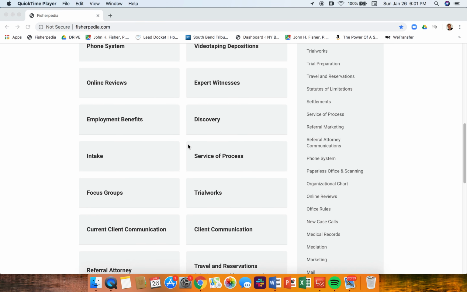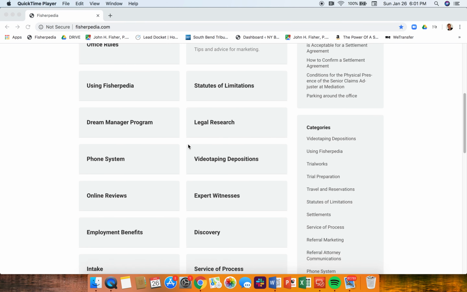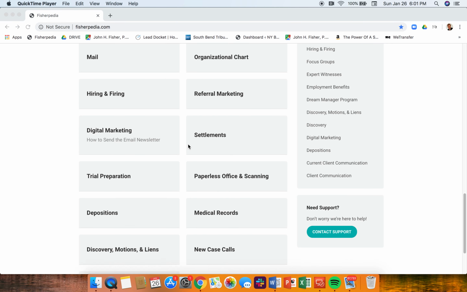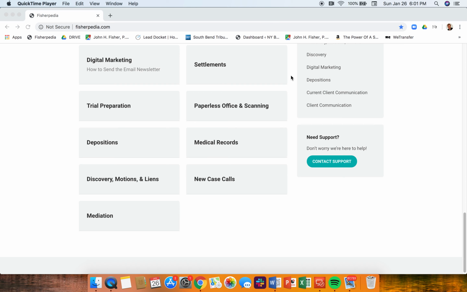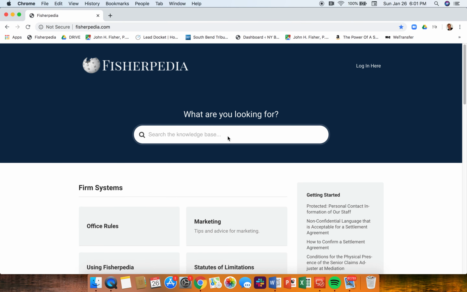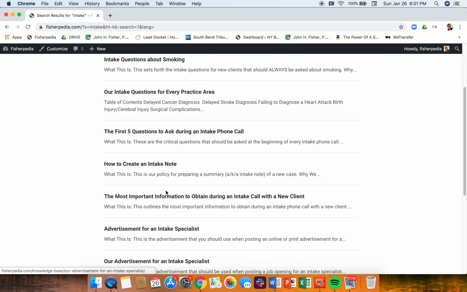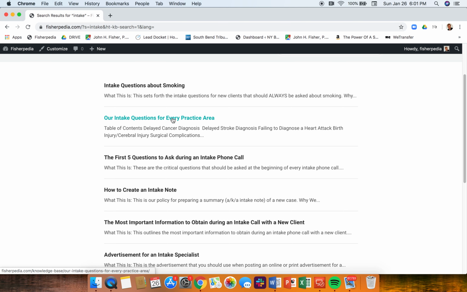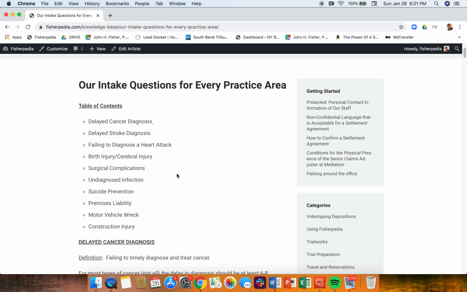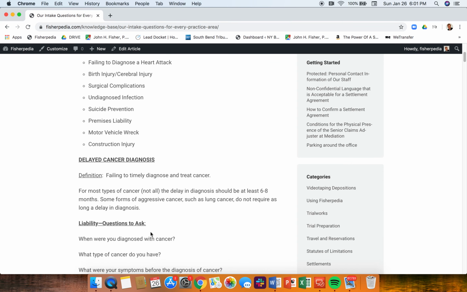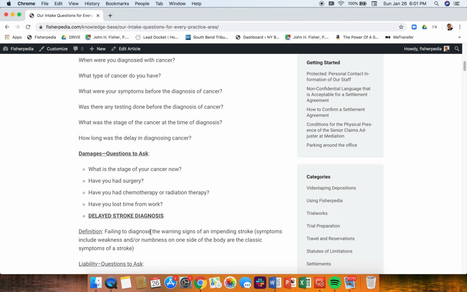We have a new intake specialist coming on board tomorrow, and what we would do is scroll down to the intake tab here. If you're having trouble finding it, you just go through the intake, boom. It will pull up all of the policies for intake, how to create an intake note, and questions to ask. There are different questions for every practice area, so we'll take you through that. Depending upon the type of medical malpractice or motor vehicle wreck case, we have customized questions for liability and